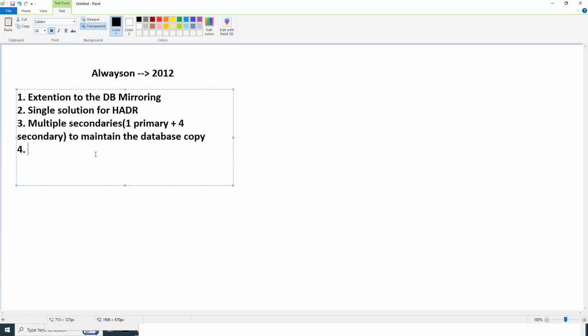Right? So multiple secondaries to maintain the database copy. So you can use the secondaries for certain operations. We will talk about what operations we use. We use secondaries mainly for read. Okay, that's fine. We'll say that. We use secondaries for certain operations, let's say read,